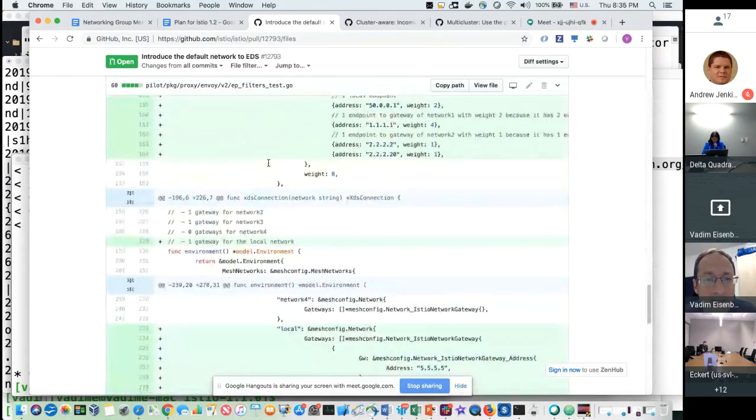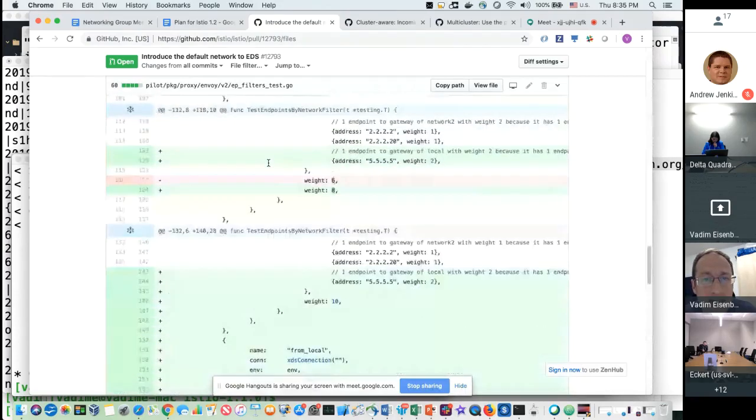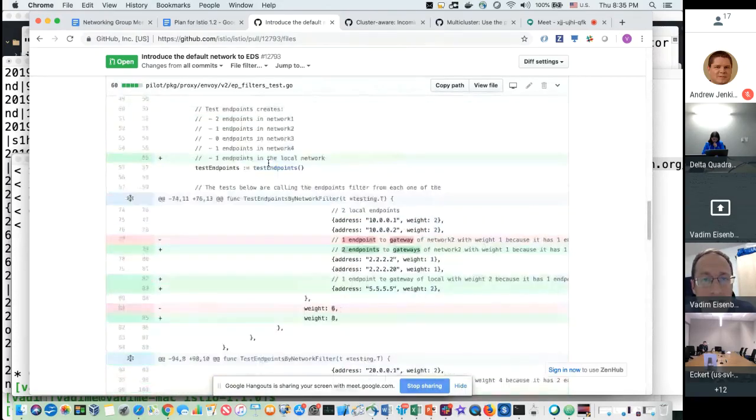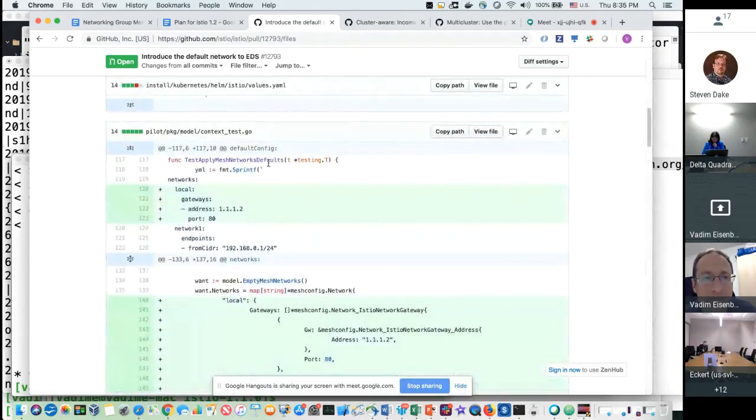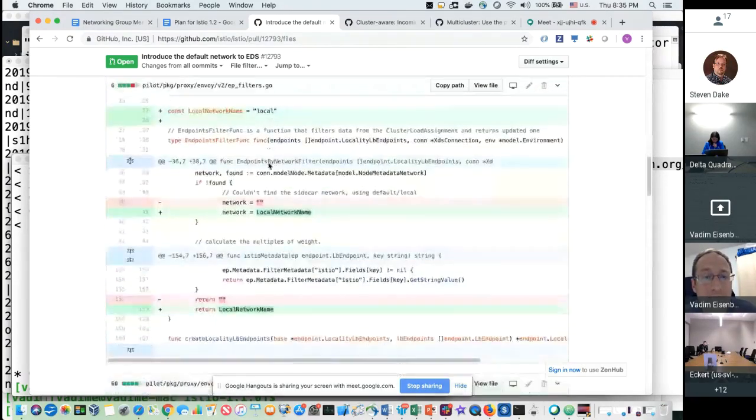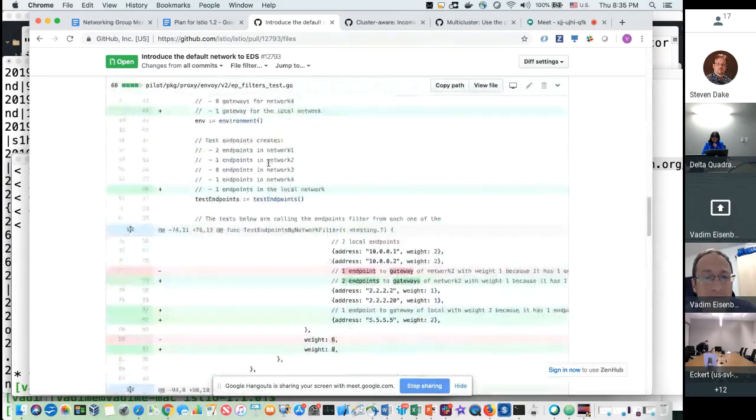But we really need testing for this feature because it's currently completely uncovered by pretty much any test except manual tests. Yeah, and I'm not entirely sure how we're going to validate whatever you are changing. So it looks good on paper, but I want to see it in a test.